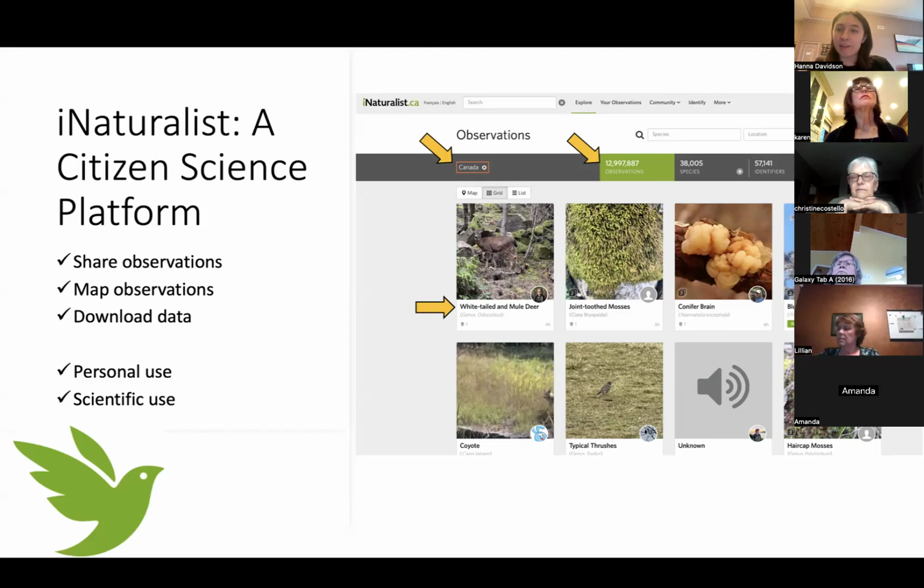Right now it has every observation in Canada, so it's almost 13 million. But you can go into the species tab and type anything that you're looking for. If you wanted to look specifically for fungi, or had something really specific in mind, you could type that in there, and it'll only pull up the observations that are tagged with that name. Super handy if, say, you wanted to look for morel mushrooms and wanted to know where they'd been seen in the past. You can use that search tab and search for exactly what you're looking for.